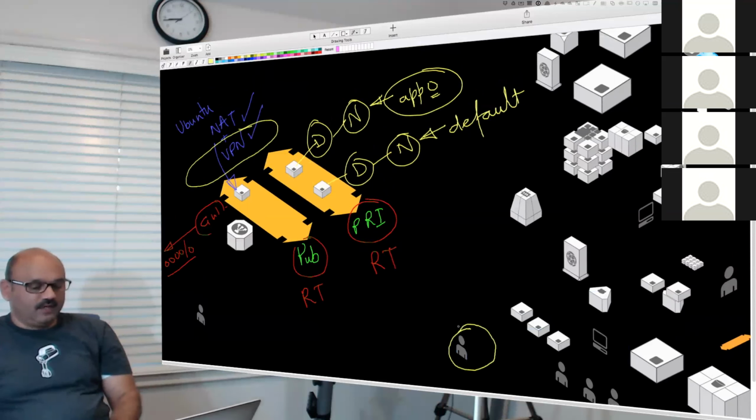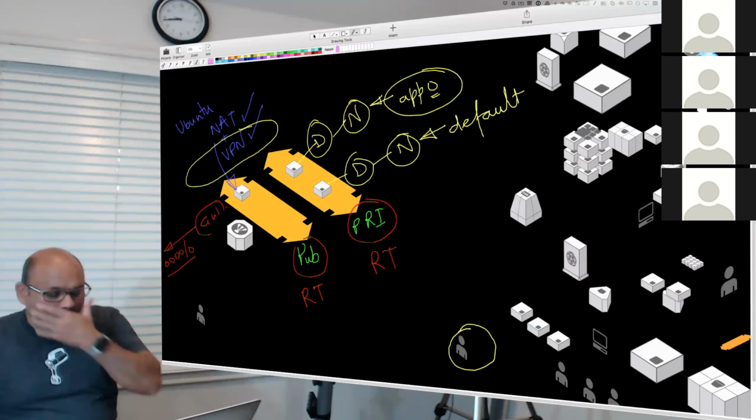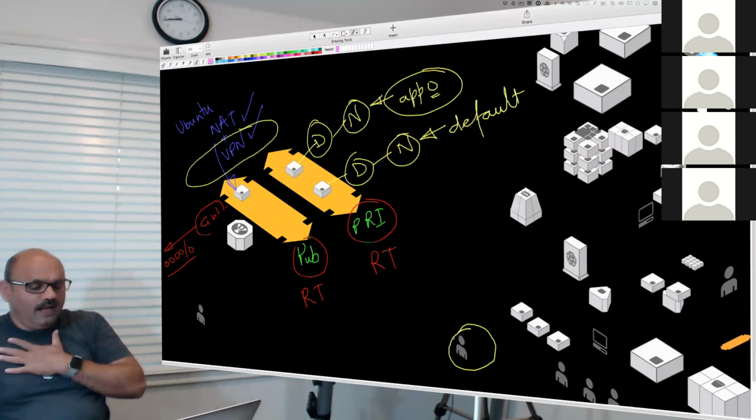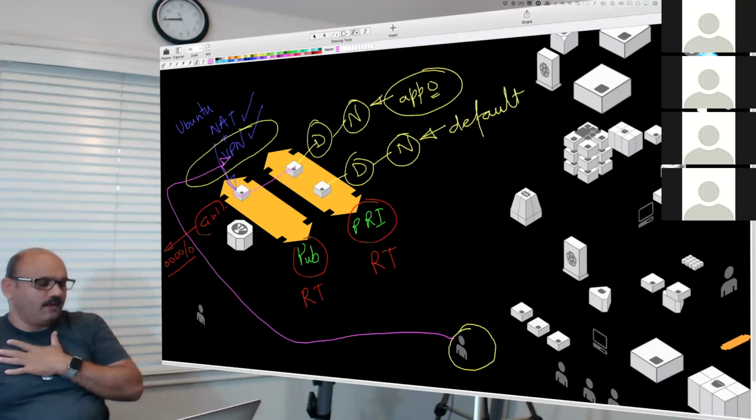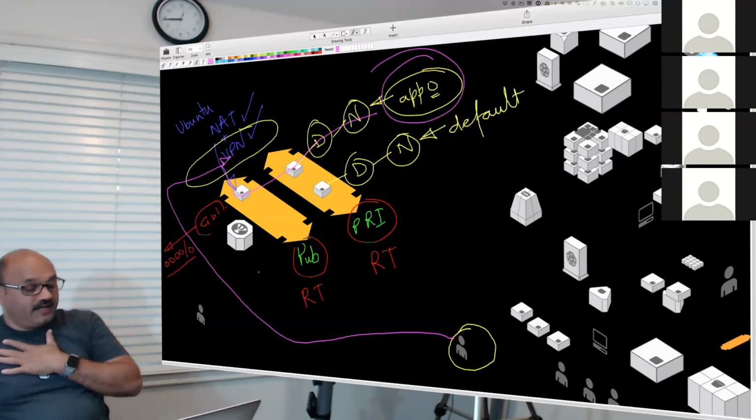In that workstation, I'm connecting like this. And then I'm hacking it.